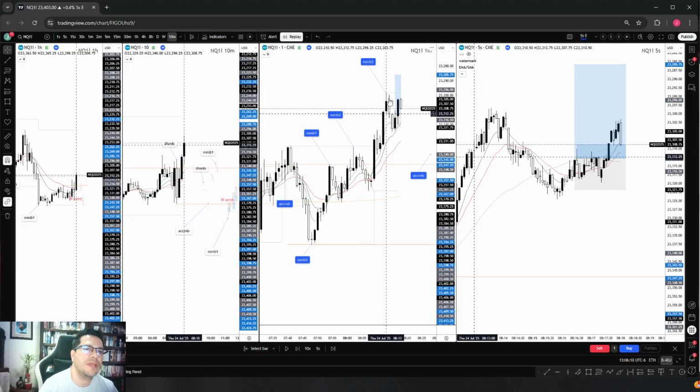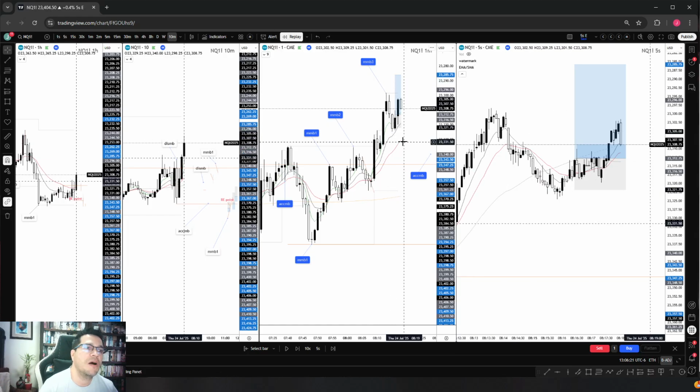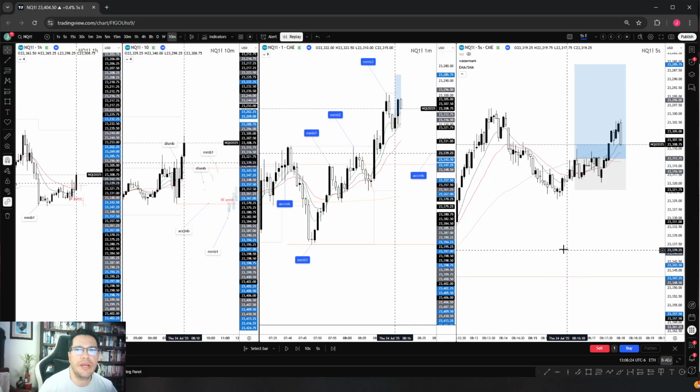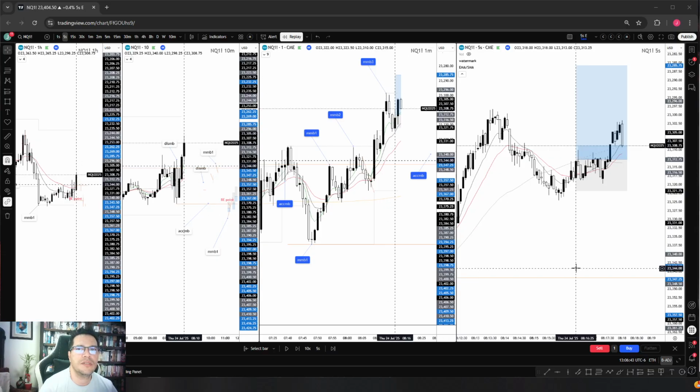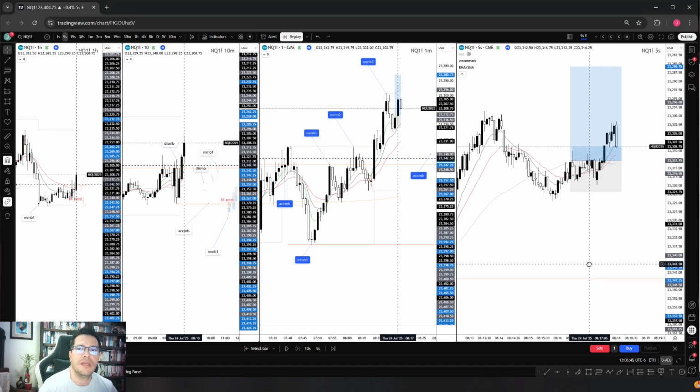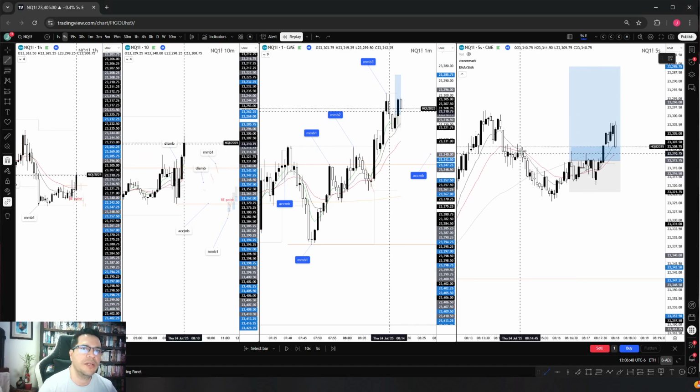Then as this move came, now we were seeing a clear bearish move and the build-up of MMB3, which is what we see right here. And I'm not sure, I believe maybe this could be a trade that I took. I'm gonna take a look at the list of trades I took this morning. We're on the 24th. First trade was at 8:16. Yeah, actually this is a trade that I took. So let's take a look at it.